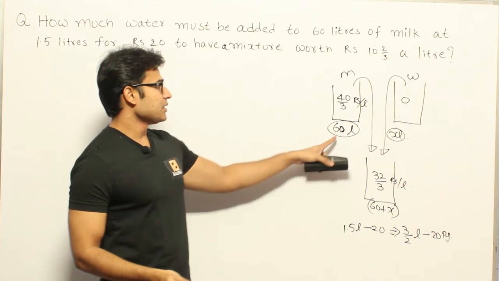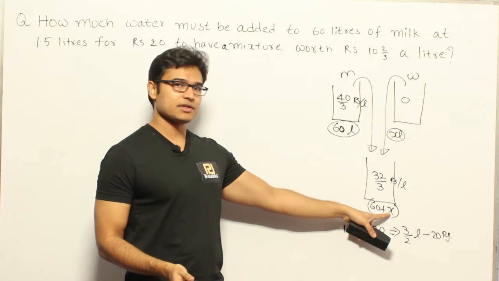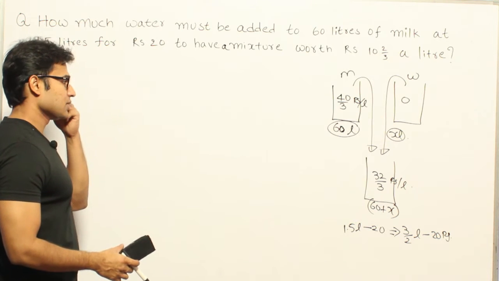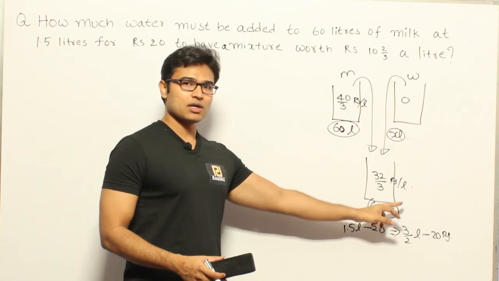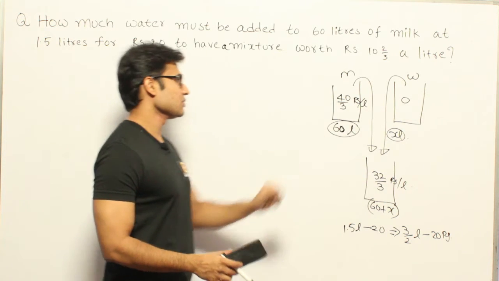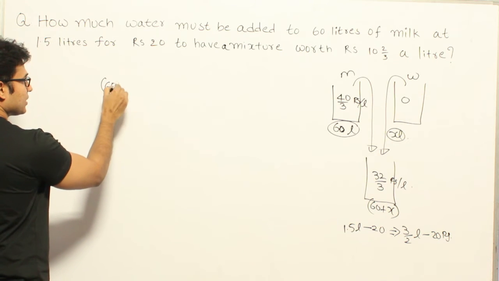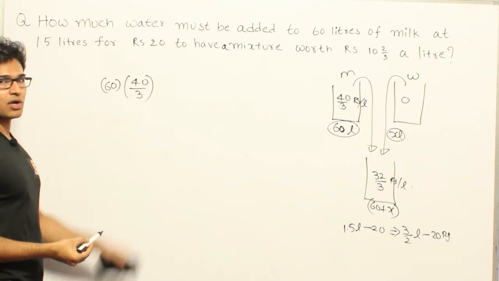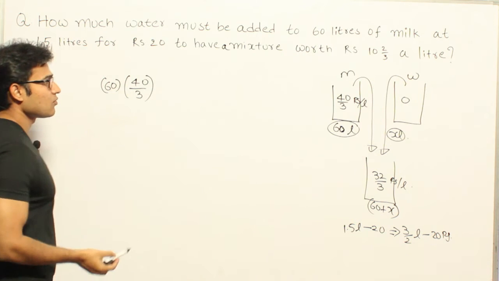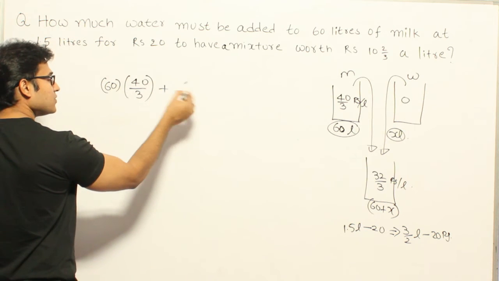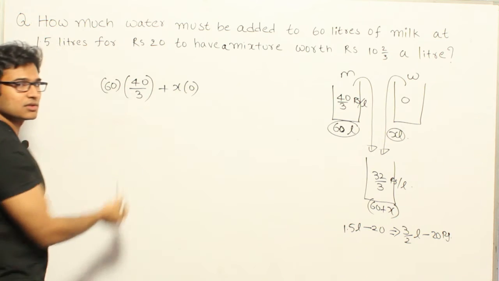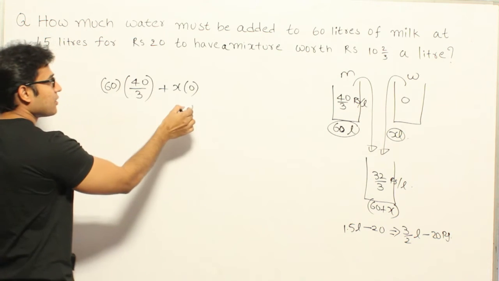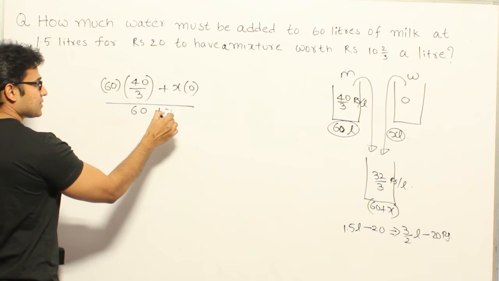Got it? Now 60 liters and x liters is mixed, and we are getting 60 plus x liters with the cost of this. So how to understand this one is, what is the overall cost? See, finally the overall cost divided by overall volume is going to be this one. Now 60 liters of milk is costing us 40/3 rupees per liter. Therefore this is the overall cost of milk, right? And what about water? Water is of no cost. Now you can assume that we are mixing x at 0. I'm just writing it, but it is not required. So x liters with this. So this is the overall cost that we are getting from both of them, right? Divided by 60 plus x should be equal to